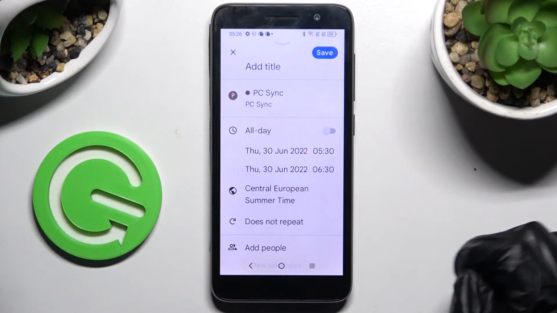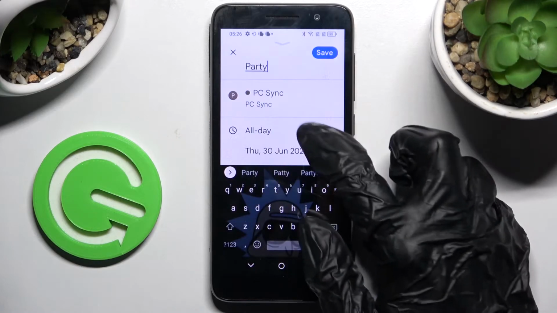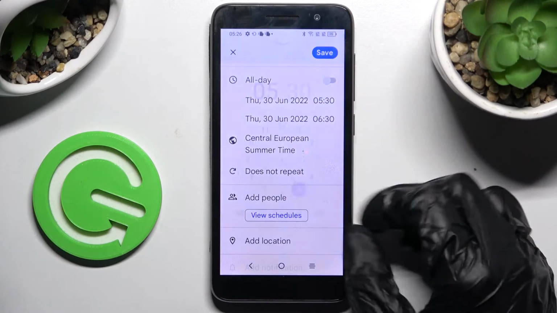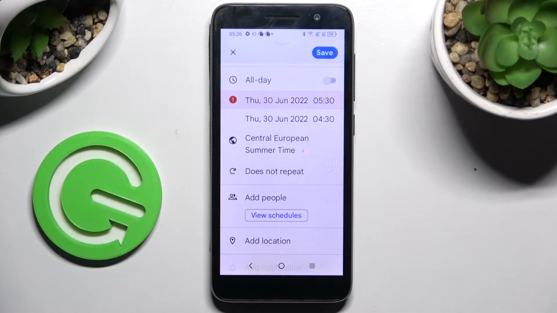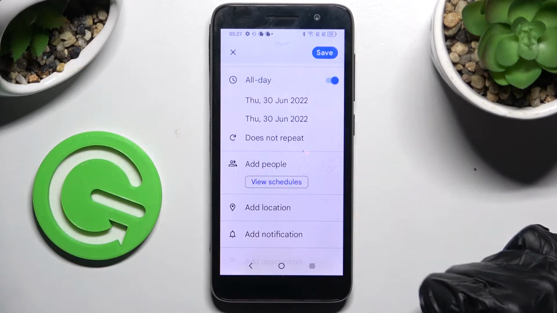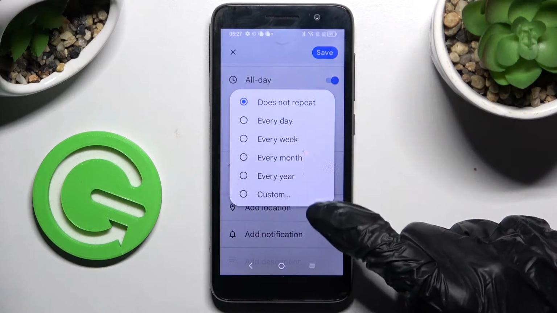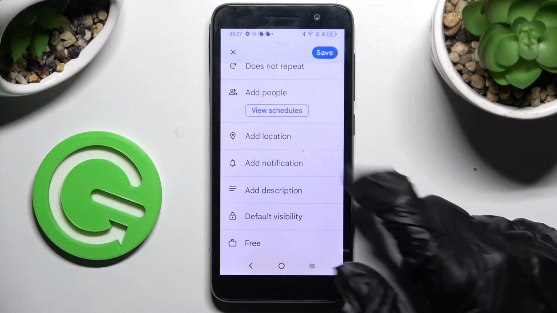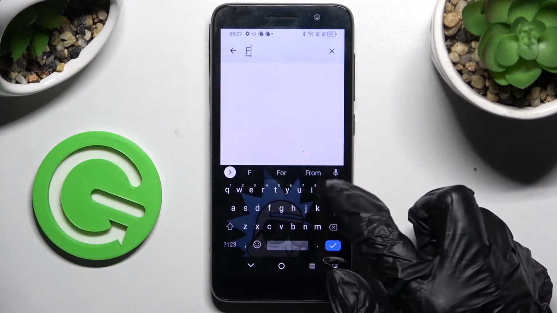After that, you can adjust it however you want to. For example, add a title over here, pick starting or ending hour. If you don't want to do that, you can always disable this feature completely by clicking on the switcher next to all day, then select Does Not Repeat and tap on one of those options if you want your event to repeat. Now you can add location over here, type in the correct address,